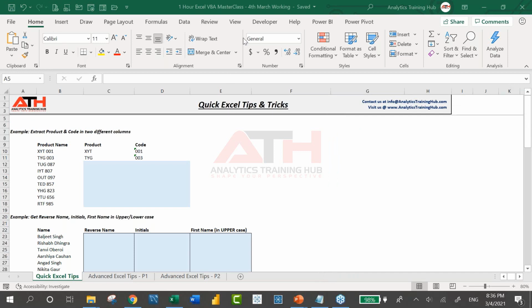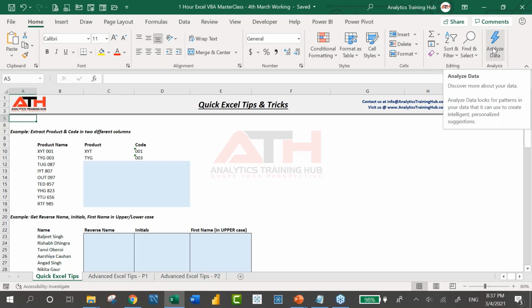And you can see that most of the things are the same on your Excel and in my Excel. However, some of the things you may see are not there in the Excel that you have with you. For example, Analyze Data. Now this feature was initially launched with some different name. This feature is actually meant to study your data and suggest what kind of analysis can be done.